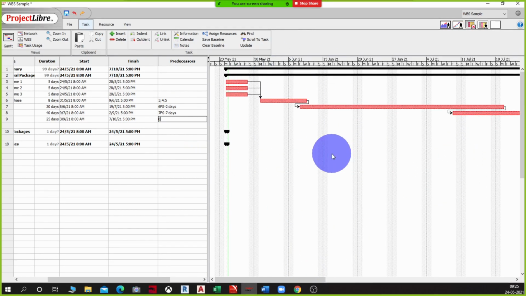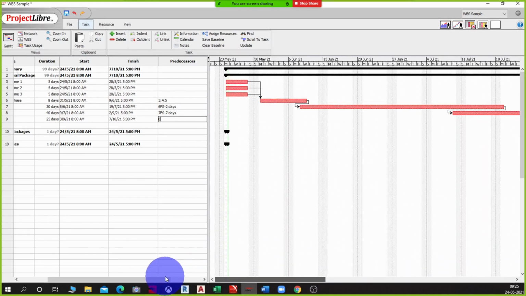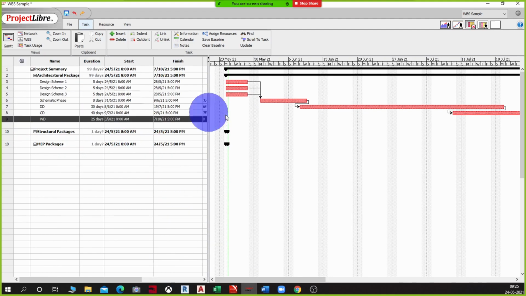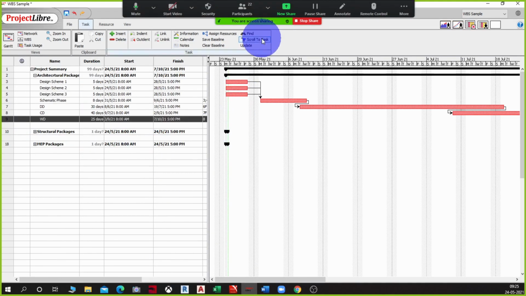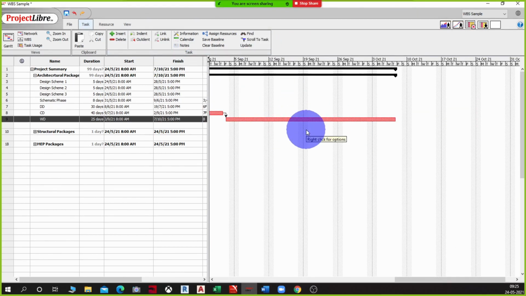Now when you are in a situation like this where the graph has gone too far, you either have the option of scrolling in like this, or at any given point of time, if you want to see this activity, you can just say scroll to task here, and it will take you to that task. Okay, because the graph is going to go long as you keep progressing, and it will become difficult to keep scrolling up and down. So you can use this button, scroll to task, to easily reach there.